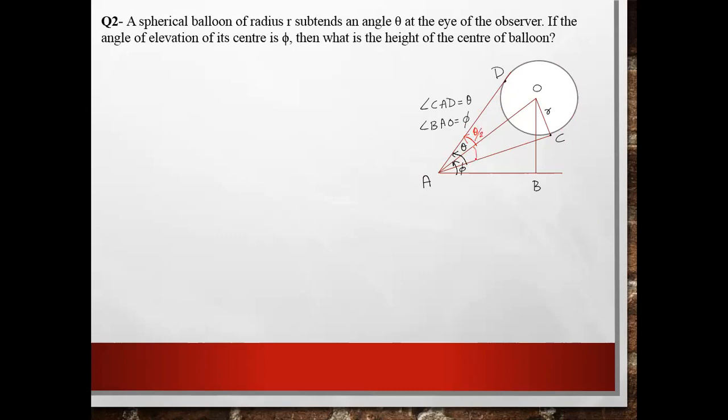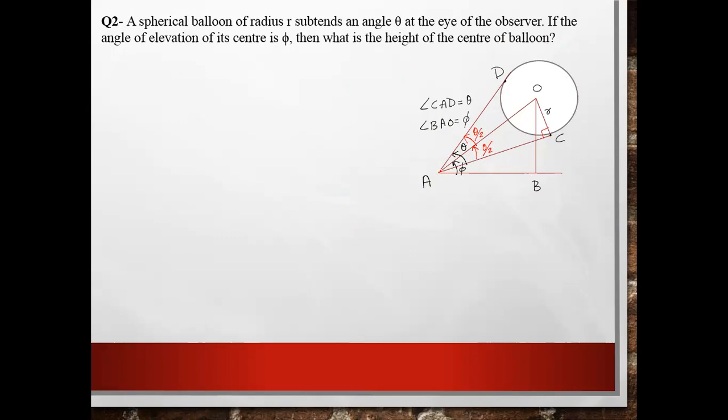All right. Using our properties from circles, this angle will be theta by 2. This angle will be theta by 2. And this will act as a tangent to the radius, so it will be perpendicular. All right. We are not mentioning it over here. We'll be simply using it. So that's why I've already marked it in the figure. You can also mark it in your figure and write it. No need to mention the properties used over here. So this is clear. Also, it is mentioned that if the angle of elevation of its center is phi,